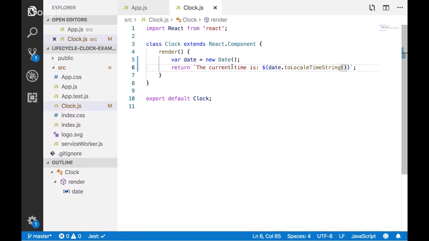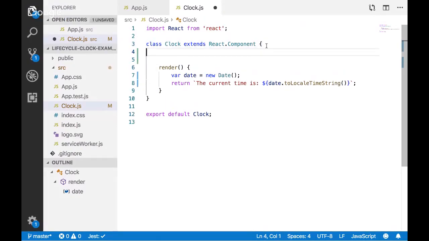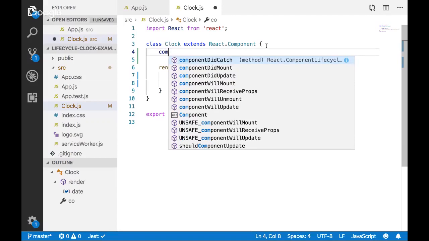Okay, so I know how to get a date, but it's only inside of this render right now. Well, we talked about how to change something internal, and that was, we use state. So we can set state on something. But before we even do that, before I even override the constructor, I'm going to put some tiny overrides for these lifecycle methods so that we can see them.